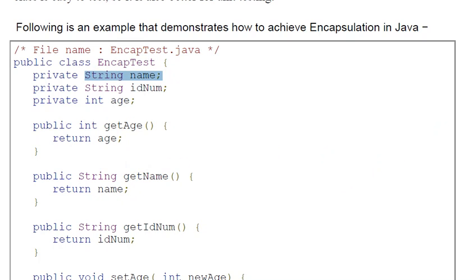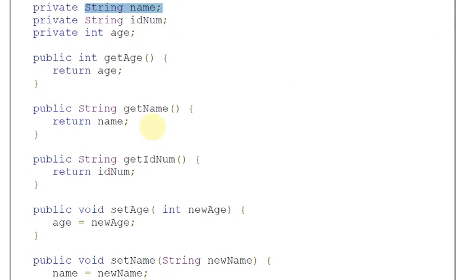In the same scenario, I declared another method with the name getIdNum. Its return type is String, and I return the variable used for the string data type, that was idNum. Okay.